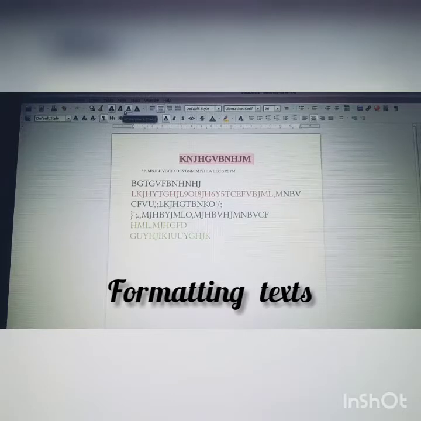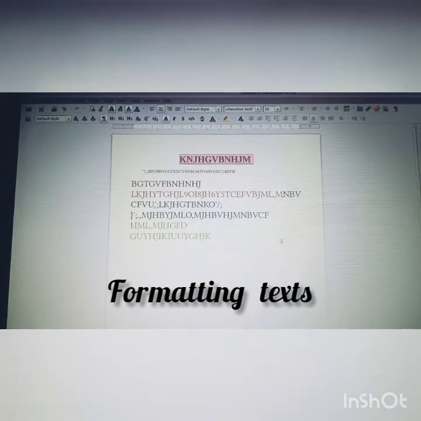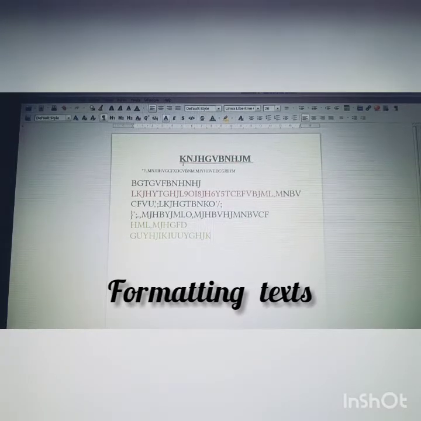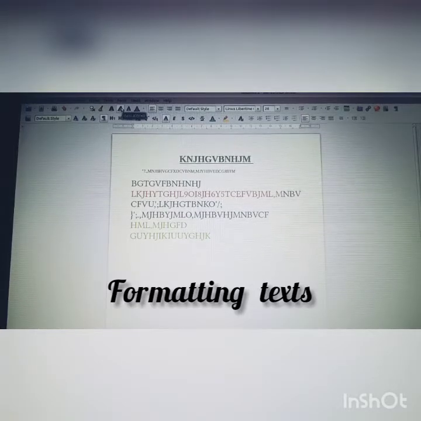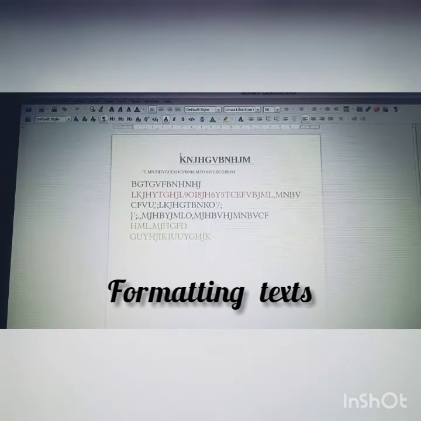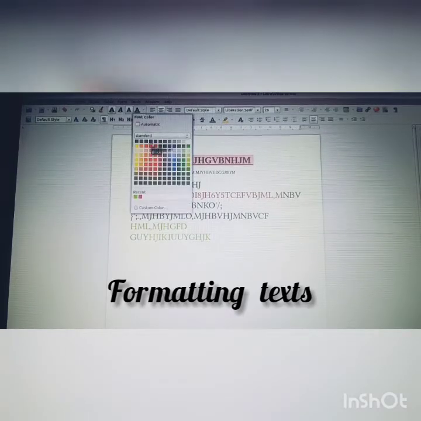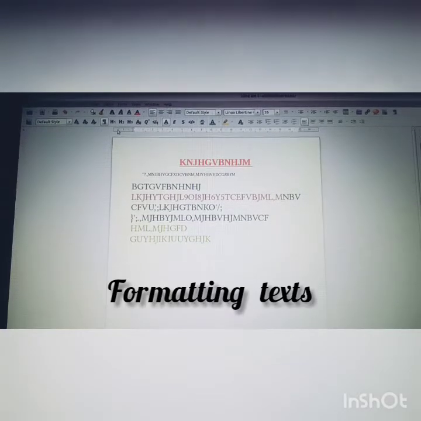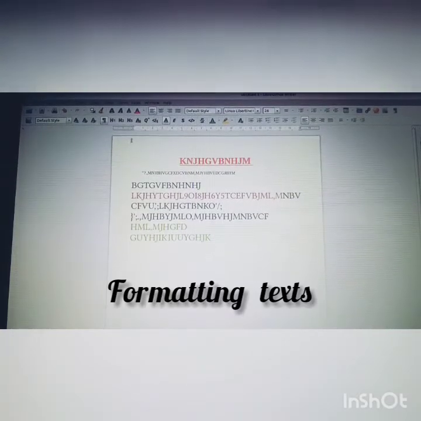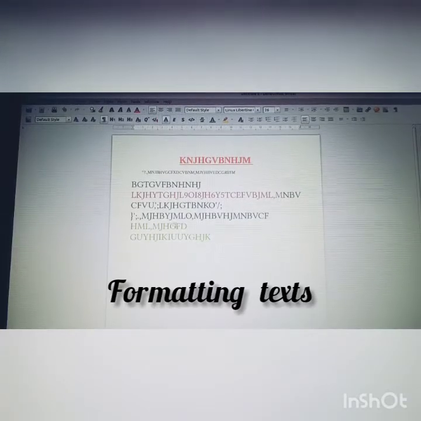Okay, then we will give an underline for that. Underline is also given. Can you see the underline here, children? This is the underline option. And this is the italic. And this is bold. And this is the changing of the writing. See, it has changed. So these are the uses of toolbars. This is how we enter a line, how we delete a line, how we give all these formattings.